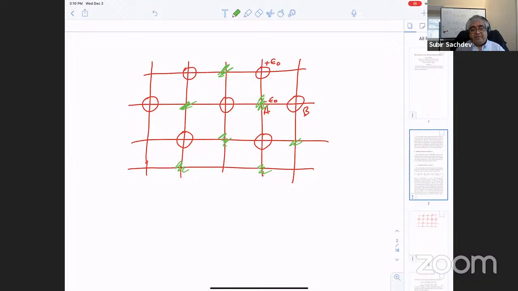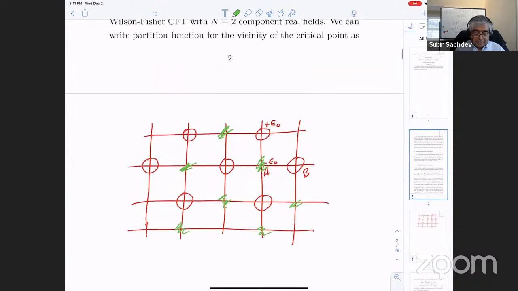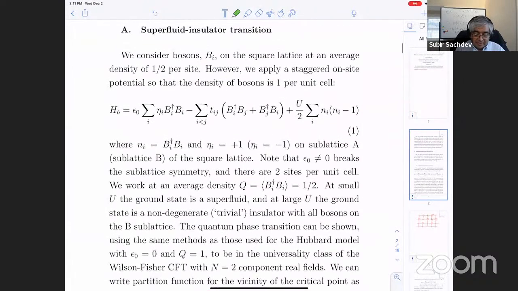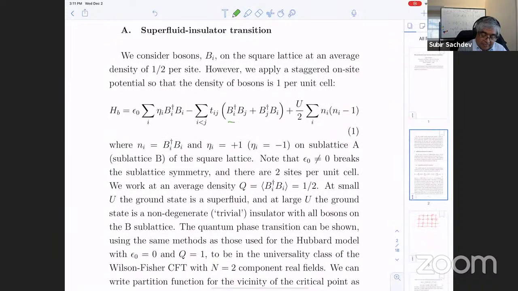And then as you turn down the interaction U, the bosons will start hopping and become a superfluid. So what you showed in the homework, so here's the model again. These are bosons b with some nearest neighbor hopping, some on-site repulsion, and this eta_i is +1 on sublattice A and -1 on sublattice B. And that's the epsilon naught. So there's a phase transition, and on very general grounds, and this is something you looked at in the homework,